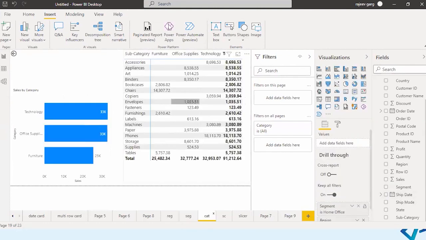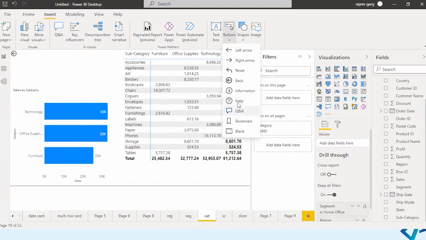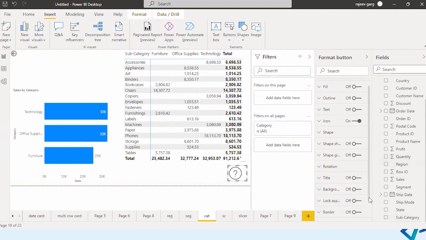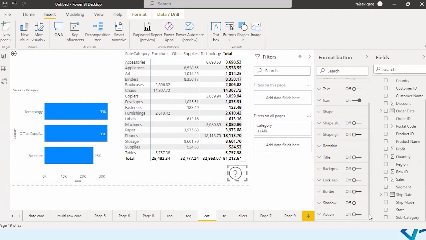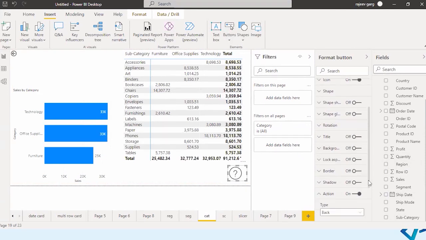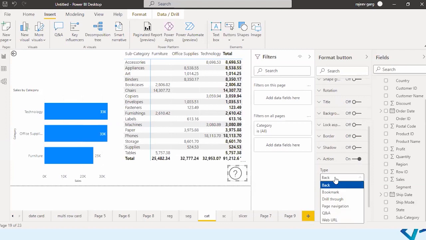Similarly, I will go for the category. I will take a button over here. I'm taking this button. Let me put it over here. And I can go to the action, and I will say drill through over here, and the destination I will take as subcategory.